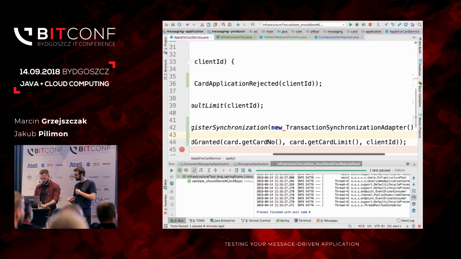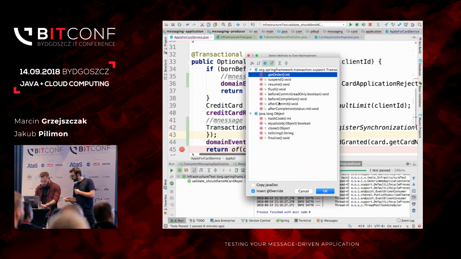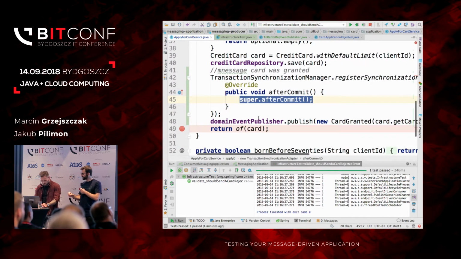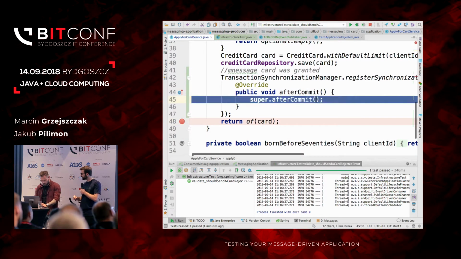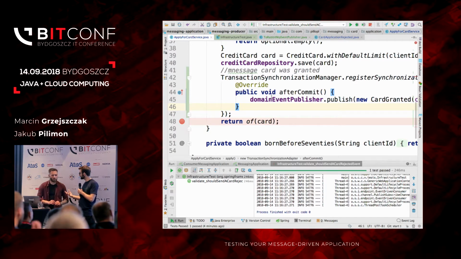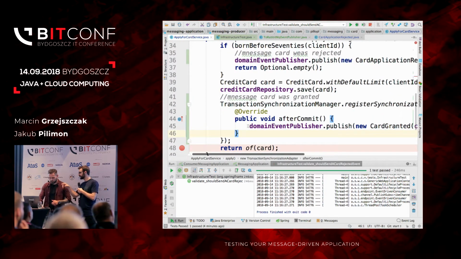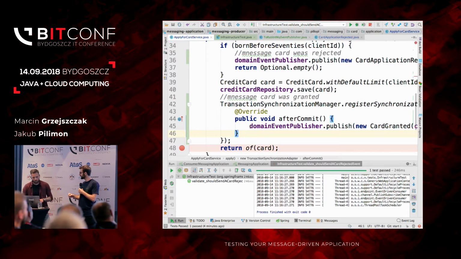Transaction adapter. Yeah, and after commit. So what it does is you can register a callback that after a successful commit, you can do some logic. Yeah, it's done. Okay, so we're sure that the commit has happened. Only after the commit has happened, we will send the message. Yeah, more or less. So we can have two cases: the commit has happened or not. So either you send it 0 times or once. Right? All right.